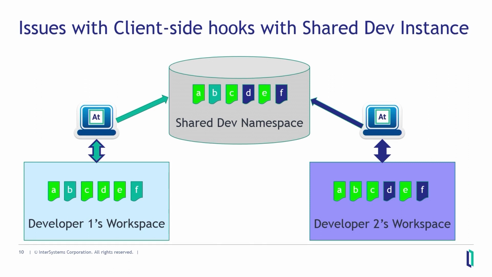Now, maybe developer 1 is doing long-running automated testing or maybe manual testing that could take a lot of setup and maybe 10, 15, 20 minutes to go through. In the middle of their test, suddenly the change that they made to F is gone. You're testing on an environment and your change just disappears because it's been replaced by somebody else's change. Maybe that can happen a few times with some grace, but I'm sure you can see that if you've got a very active development environment with a lot of developers, they're going to start pulling their hair out